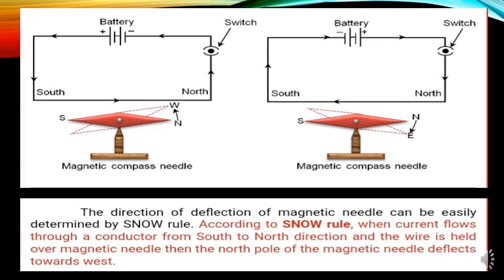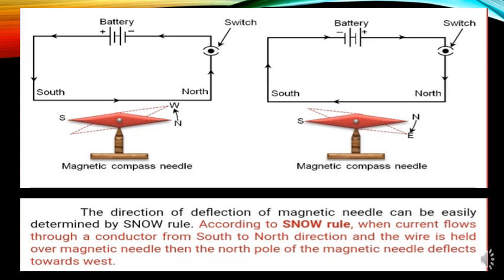If we reverse the direction of the electric current flowing in the wire by reversing the battery connected, what will happen? We can find that the compass needle is deflected in the opposite direction. This shows that when we reverse the direction of electric current flowing in the wire, then the direction of the magnetic field produced by it will also be reversed.